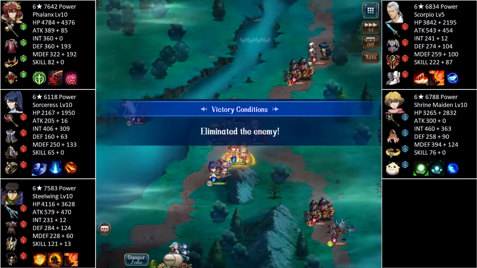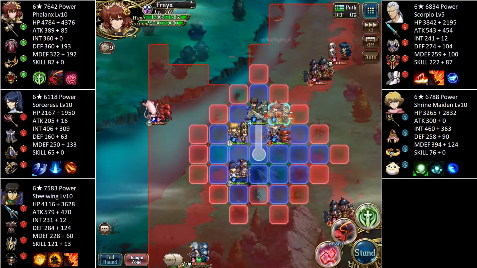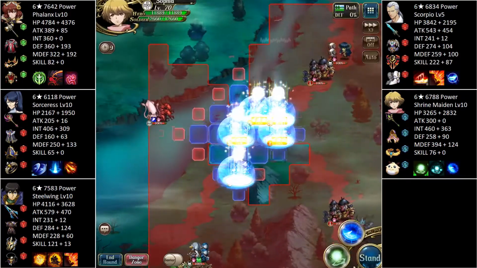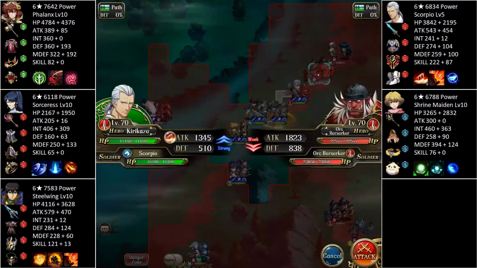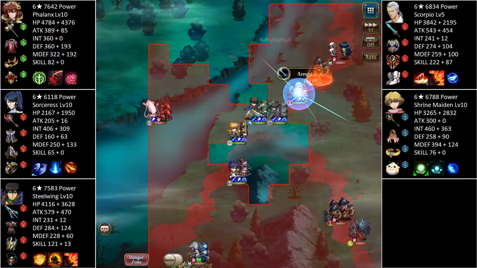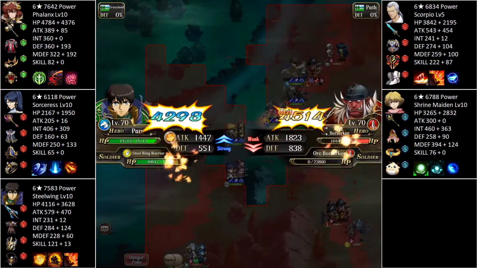Alright, now let's try this Origins clear. Now I know I say I try to avoid using Parn if I can, and there are a number of SR characters to choose from for Origins faction, but the problem for me is that most of them I don't have trained, as in I don't have them classed up, let alone bonded and hard bonded, so I end up using Parn here regardless. If it's any consolation, I am going to be using an R character instead, which is